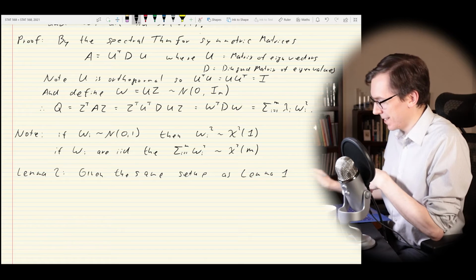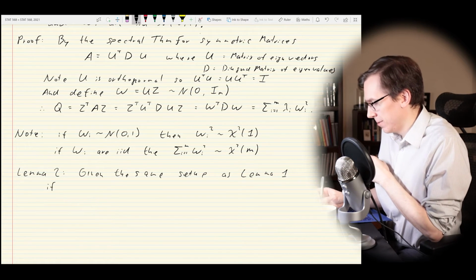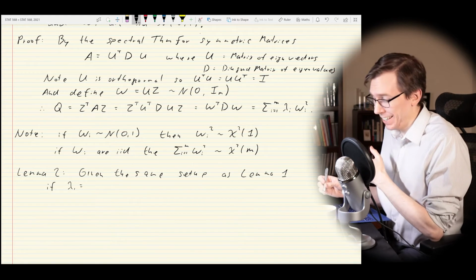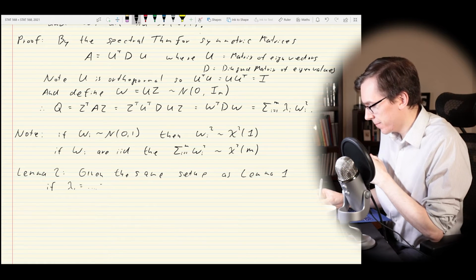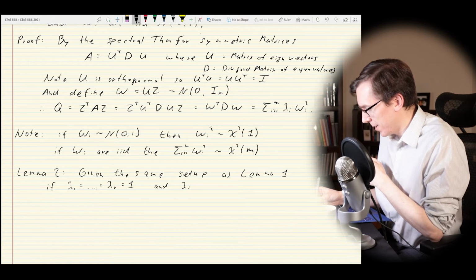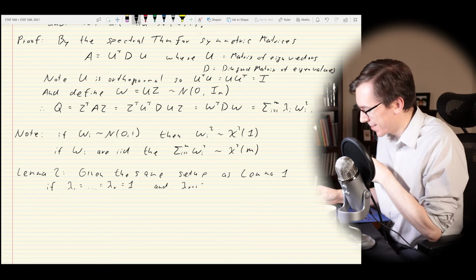So given all of those things, we're going to say if lambda 1 through lambda R, the eigenvalues of the matrix A, are equal to 1, and lambda R plus 1, R being the rank here, just to note, through lambda M are equal to 0